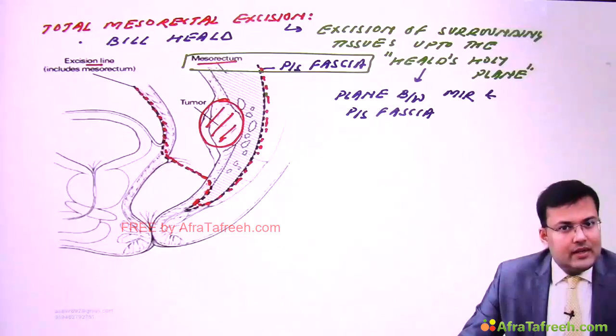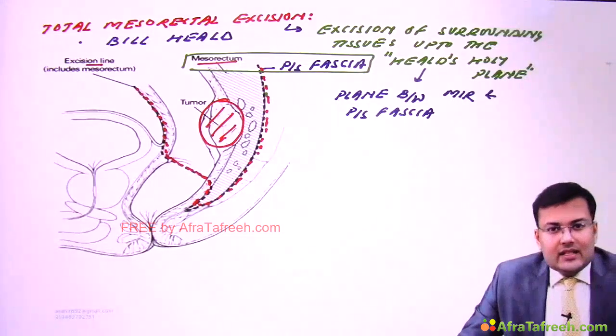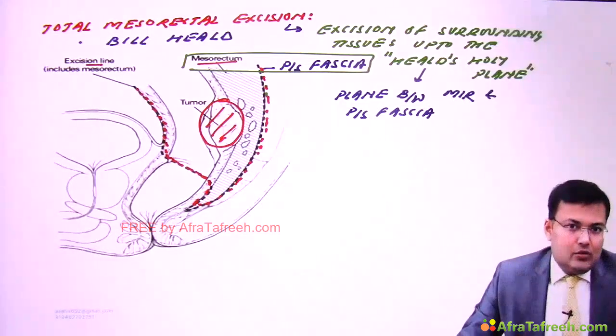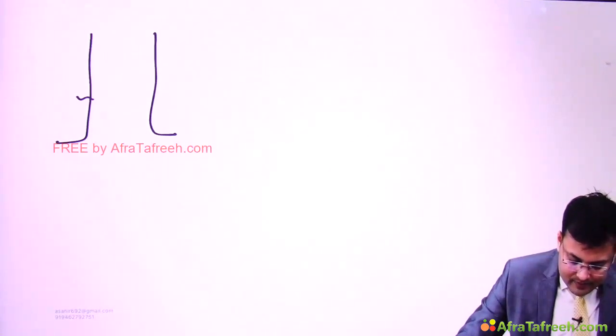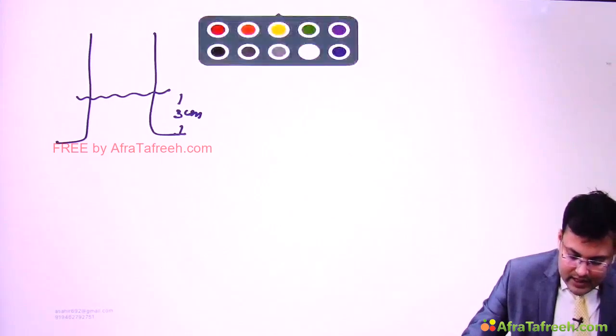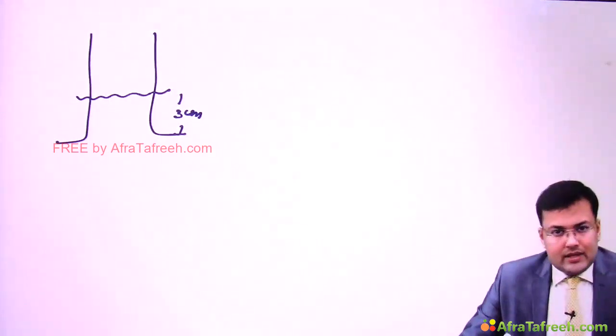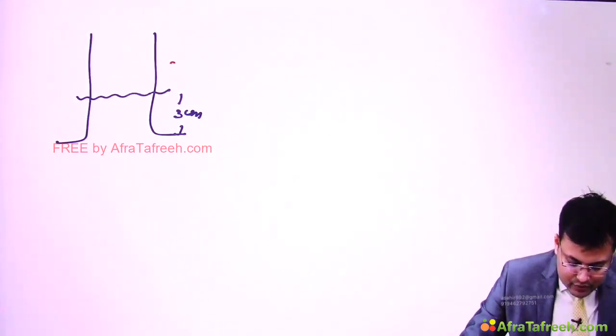What are the exceptions? The exceptions are the esophagus, where we take a 10 cm margin, and the distal rectum, where we take a 2 cm margin. Okay, so imagine that this is the anal canal. What's the length? It is 3 cm. And how much margin should be taken distally? We are supposed to take a 2 cm margin distally.